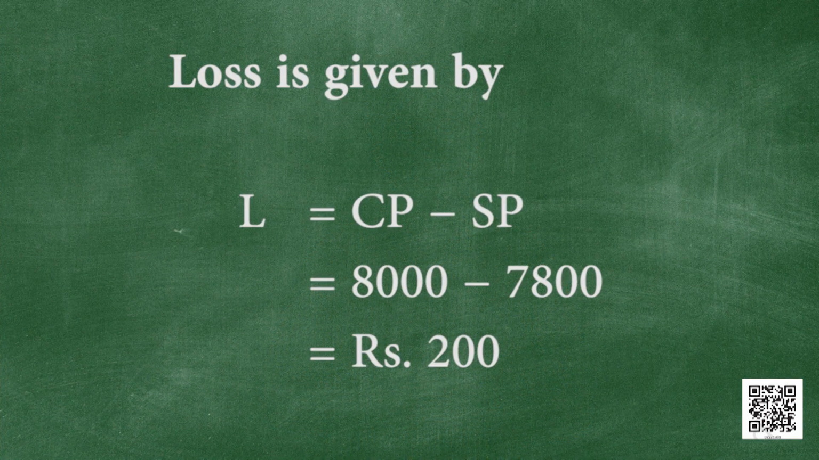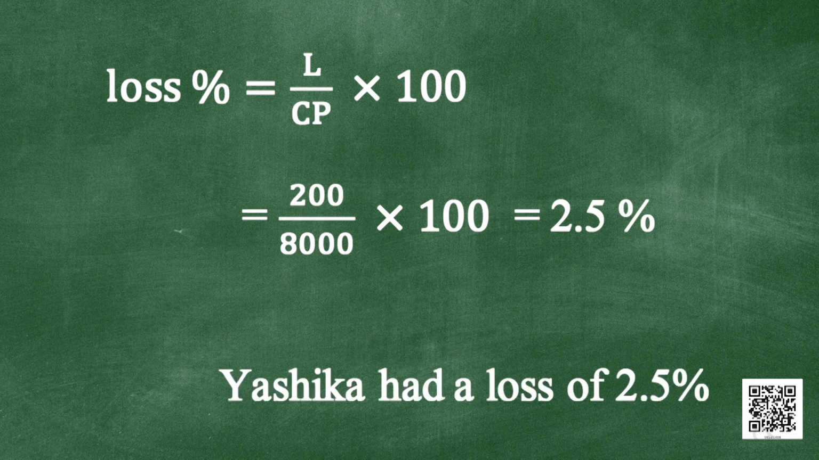Students, we observe that the cost price is rupees 8,000 and the selling price is rupees 7,800. So, clearly Yashika had a loss with this. Loss is given by L is equal to CP minus SP, which is equal to 8,000 minus 7,800, that is equal to rupees 200. And loss percentage is given by loss percent is equal to L divided by CP multiplied